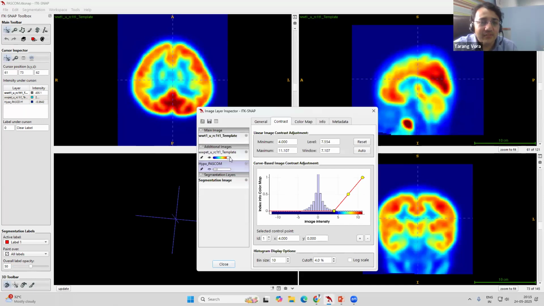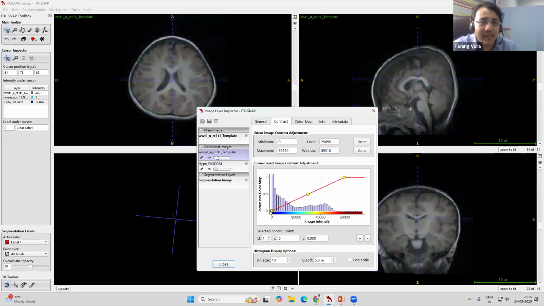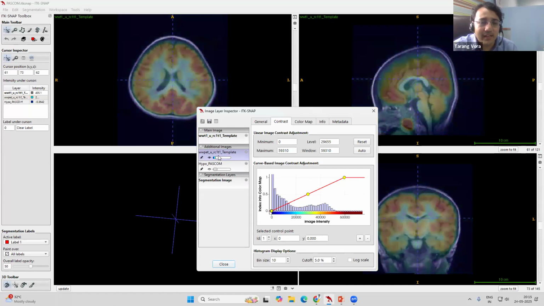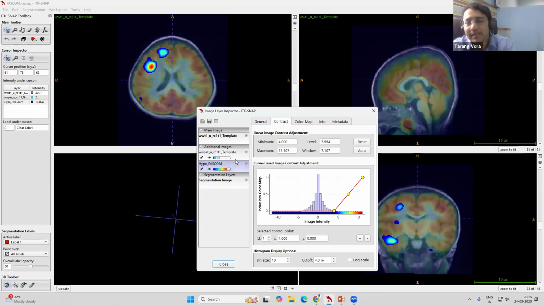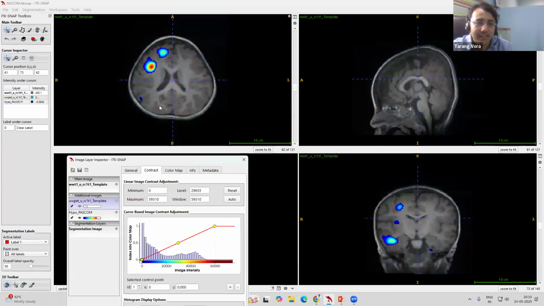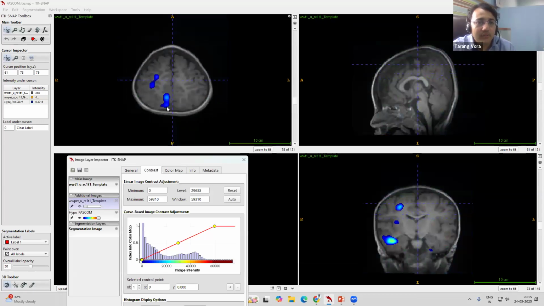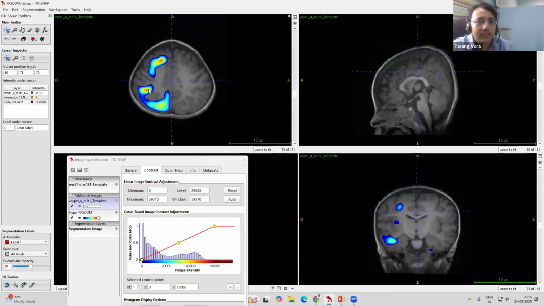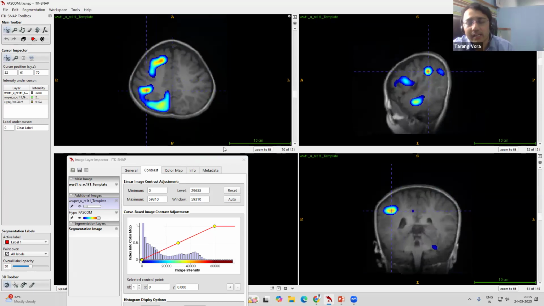And then we have the PET scan that is merged with the MRI to give us a better idea. And then we have something called PASCOM, which highlights the areas which are abnormal or having a hypometabolic pattern compared to the contralateral side. So this is the PASCOM, and of course it's going to show multiple areas of hypometabolism. But we were interested in this area because it was correlating with the EEG. The area of hypometabolism here as well as anteriorly is nothing but the spread of the seizure.